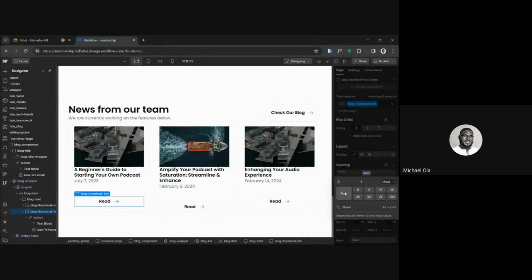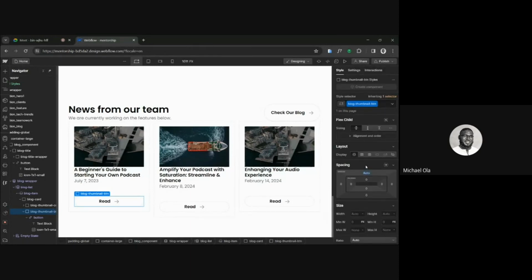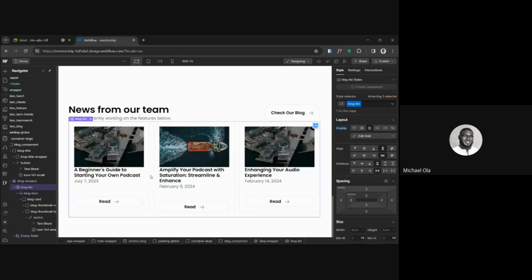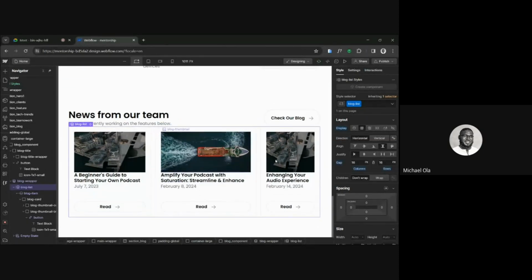Then I need to add margin of auto. Now nothing is happening yet. The reason why nothing is going to happen is because I've done this trial several times and I realized it doesn't work on grid. It only works on flexbox. And now if I make this work as a flexbox, I need to set certain widths for the item. Because if you remember the other time that I just made it a flexbox, see, they are not the same item. But right now, even though they are not the same size by width,